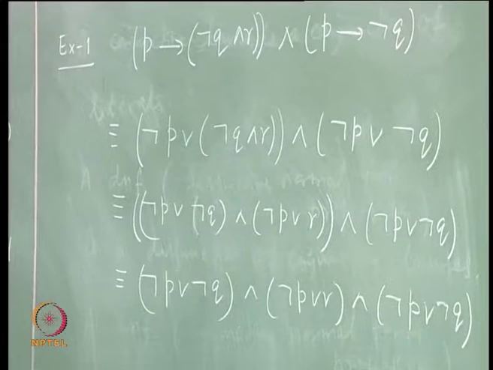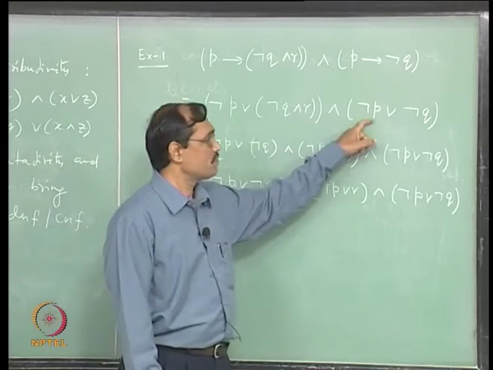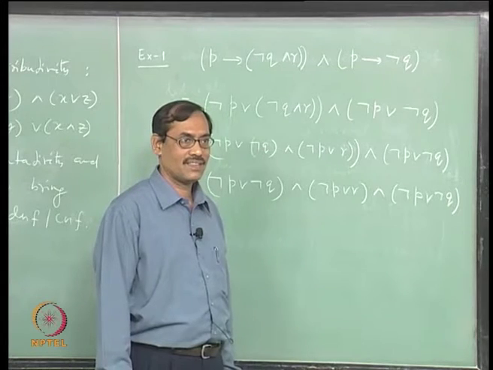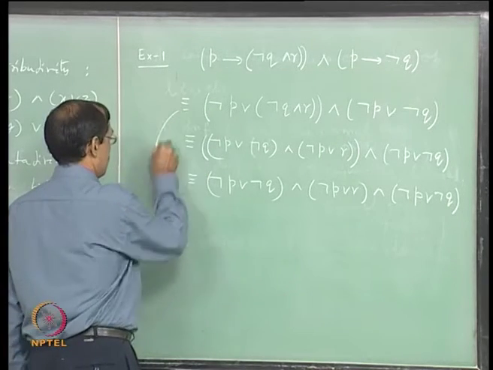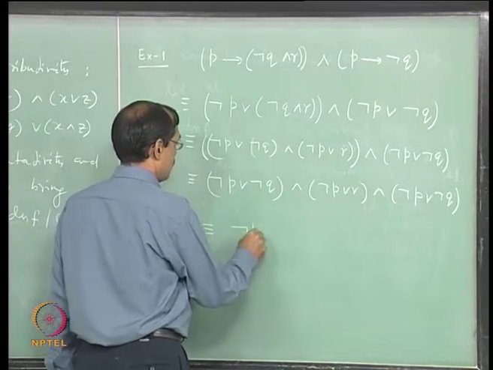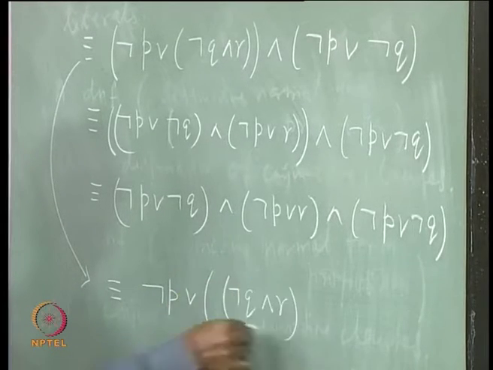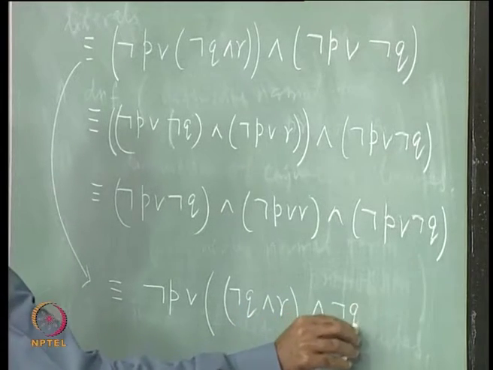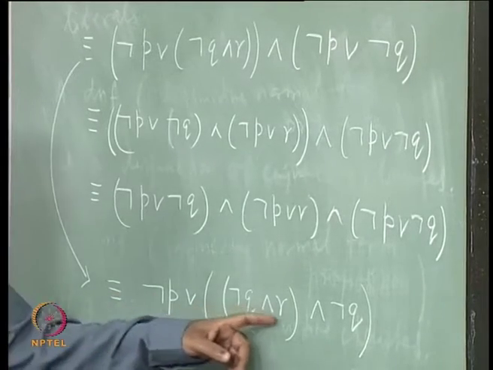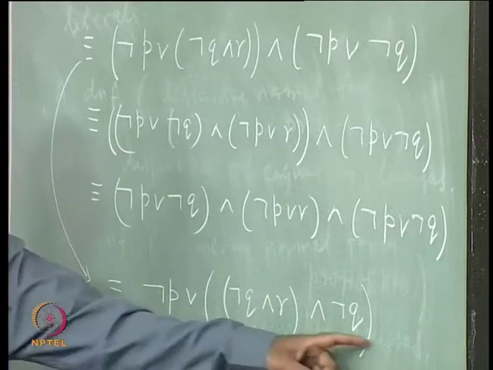But still there are some other ways, like if you recognize here not p or something and not p or something, so you could have used distributive in the other direction, fine. So, what does that give? It will be not p or (not q and r) and not q, is it right? You check it back, not p or not q and r, okay, and not p or not q.